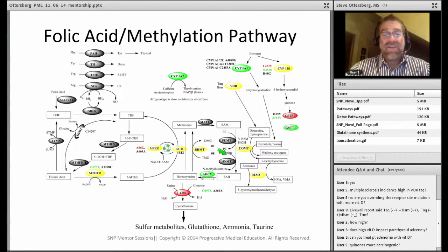So the idea is if we can improve COMT function, if we can improve bowel function, we can lower the risk that these women are seeing based upon their